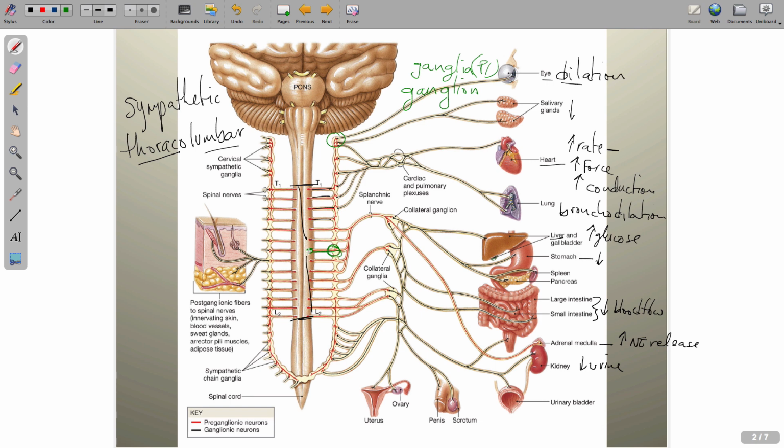So you'll notice that the fibers that leave the spine and get to the ganglia are pretty short compared to after the ganglionic terminal here. You'll see that these nerve fibers are really, really long, right? They go all the way over to the target or the end organ. So it's important to remember that the sympathetic nervous system